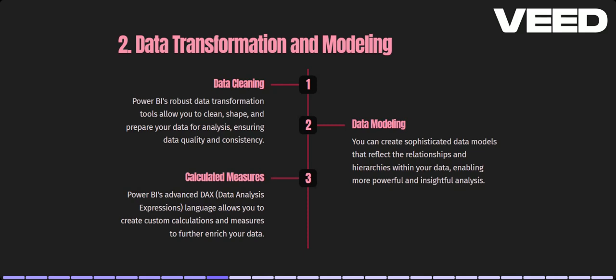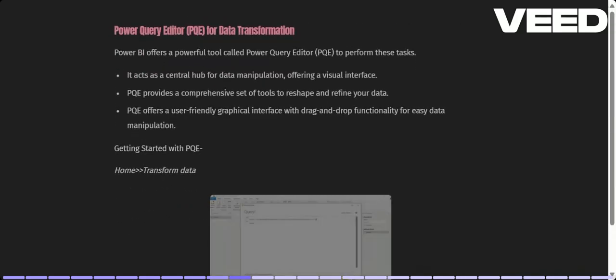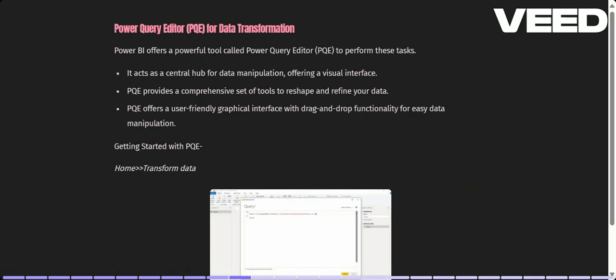So let's see each individual kind of thing in a broad way. First, let's understand what data transformation is. Data transformation is nothing but changing your data. That can be done in one interface in Power BI, which we call the Power Query Editor. After getting data from the Excel sheet, a preview will be displayed, and you will have two options. One is load, and the other one is transform. If your data is pretty much clear and everything is fine, you can just load the data. Otherwise, you can transform the data.